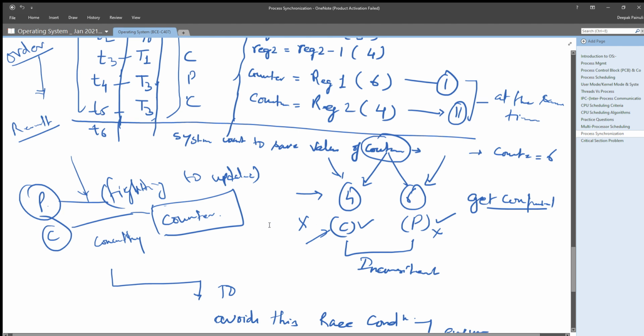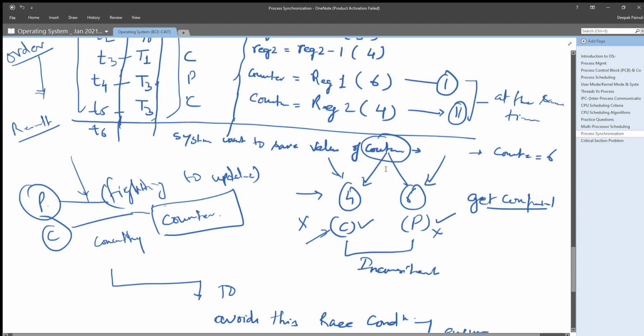And at the same time, if a system wants to persist the value for counter, it will be confused which value it should persist, right? Which value it should save, right? Let's say the problem is, if the system will save 4 for the counter, then the producer process will be in a difficult position. And if it will save the value of 6 for the counter, then there will be a problem for the consumer process. That's why we want that there should not be two values or inconsistent values for any particular variable.